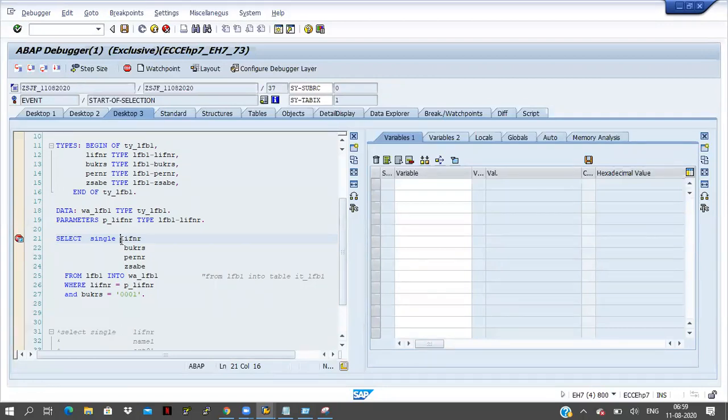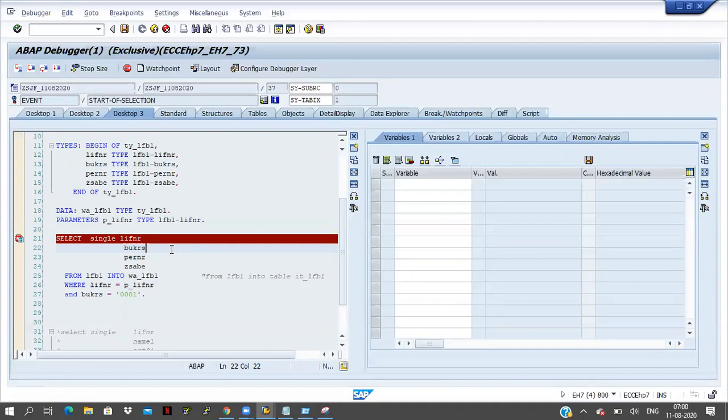This is an interview question. If you take select up to 1 rows, it will fetch only the first record. Maybe there are 3 or 4 records available, but it won't consider the remaining ones. It will fetch only the first record, and it will trigger the database 2 times. The same select query will trigger 2 times. That is why mostly we go for select single only, passing all the primary keys in the select query condition.